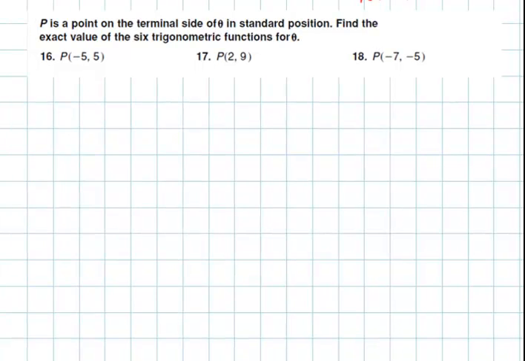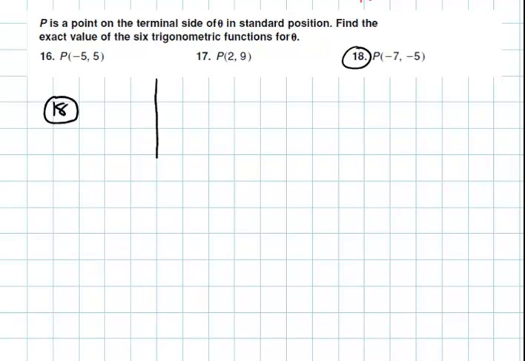Okay, so for practice here, I'm going to record and show you how to do number 18. I feel like 16 and 17 will be easier, so the most difficult will be 18. Let's tackle that together. All right, if the point -7, -5 is on the terminal side of theta, our angle,